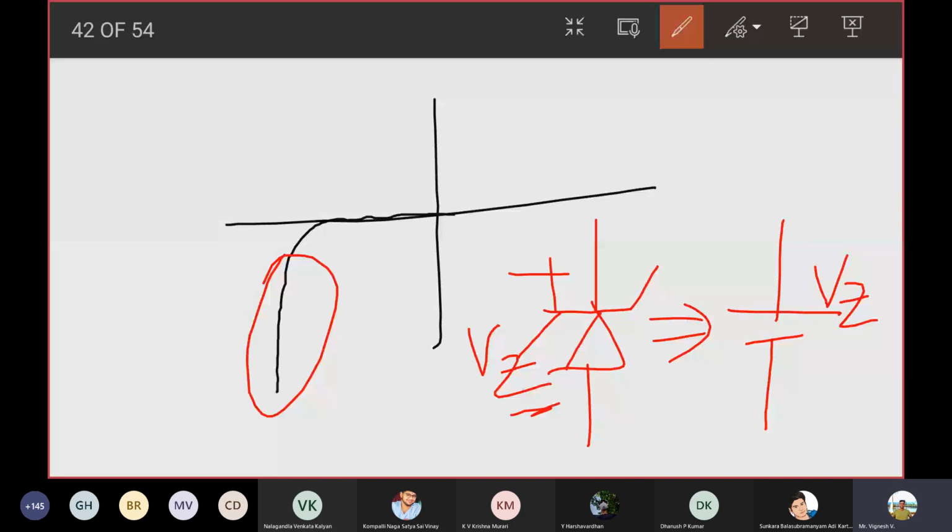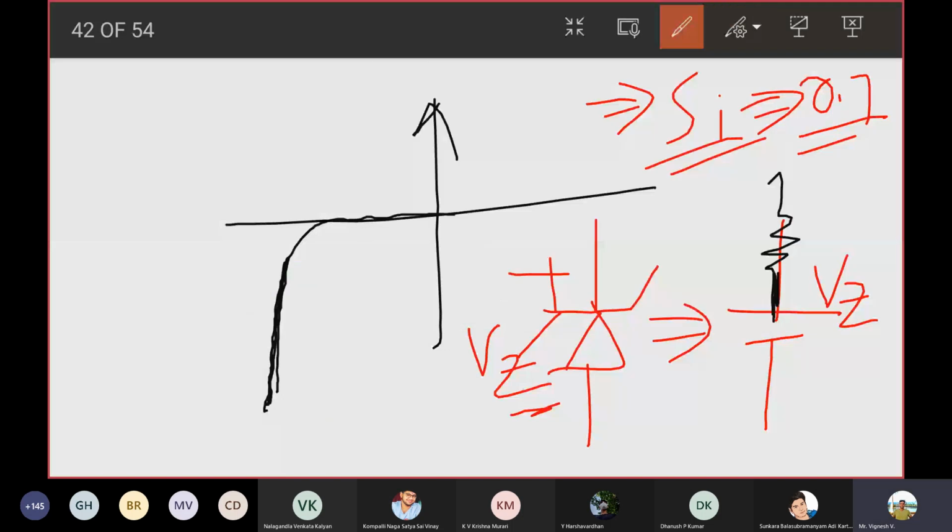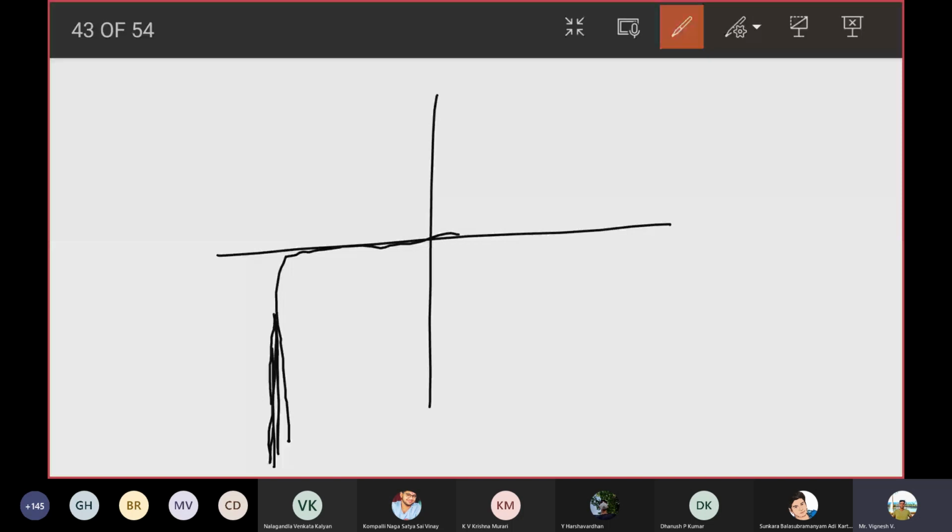I told you that after T1, I'll tell you what happens when you replace it with a resistor and a battery. Of course, you know that this is not a flat line, no? This is not a flat line. There is some slope to it, and you will have a resistance associated with it, right? Are you getting a curve which looks something like this in the negative direction? Is it a straight vertical line? It is not a straight vertical line. No, there is some slope associated with it, right? So there will be a resistance, RZ, the Zener resistance. That approximation we will discuss after T1. That's what I told.